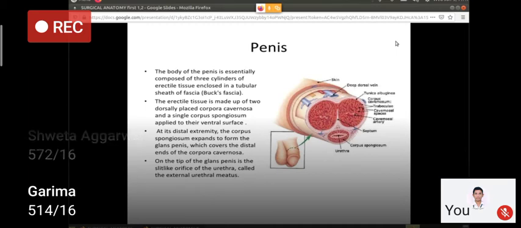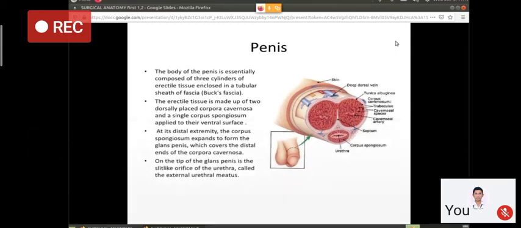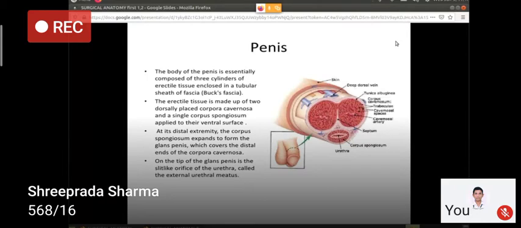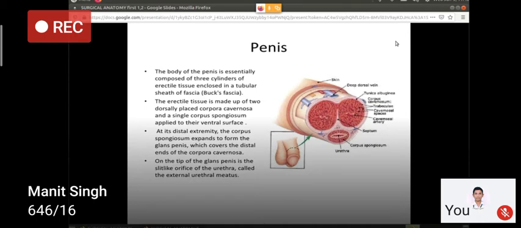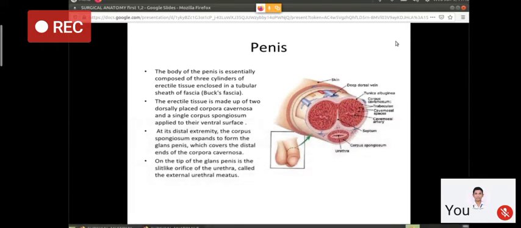So these are the urethra in the corpus spongiosum, and these are the cavernosal spaces and the cavernosal artery in the center of these organs, and the corpus cavernosum on the two sides, covered with tunica albuginea. Then in the dorsal part come the deep dorsal vein and the skin also.